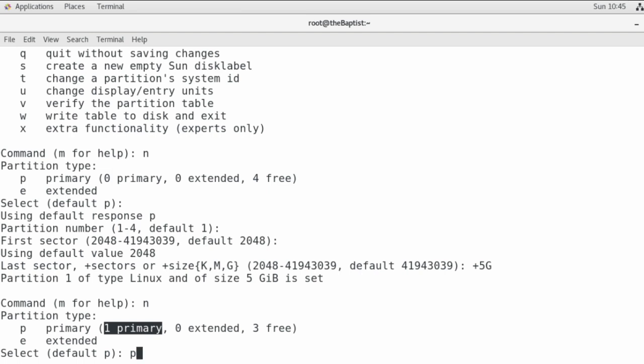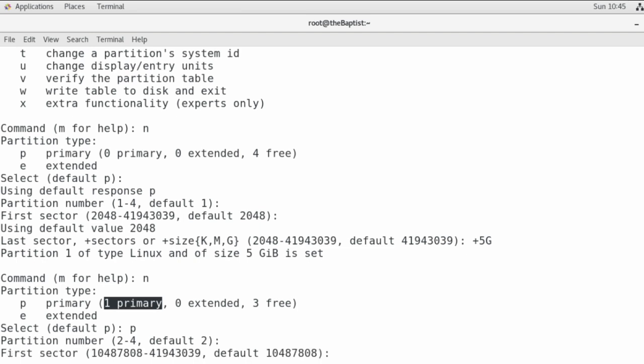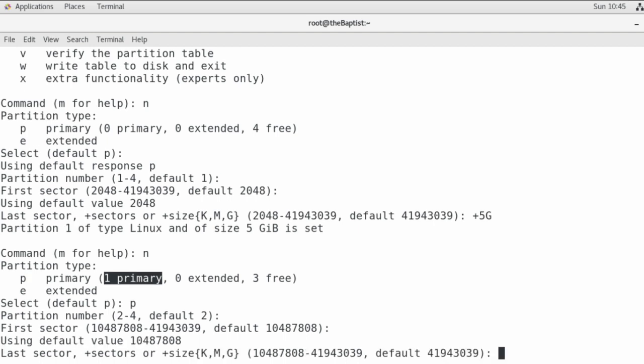In the screen we should select it as primary here, and the default can be given as 2. Just press enter. Now it is asking us for the first sector. Here also we know that 5 GB is used up, so it is starting from 10487808. You can press enter to keep the default value, and this 41943039, it is kept as default.